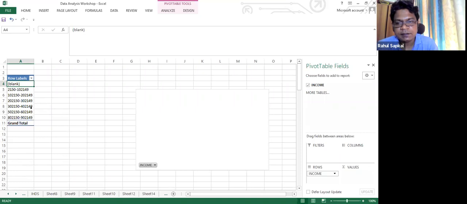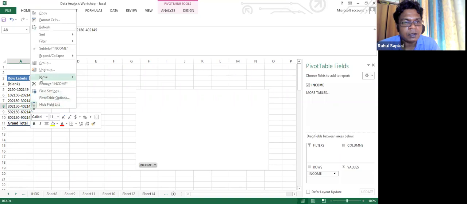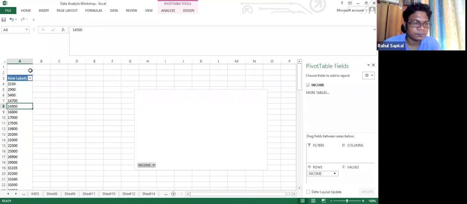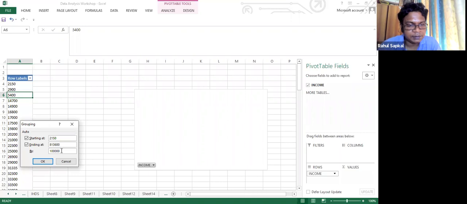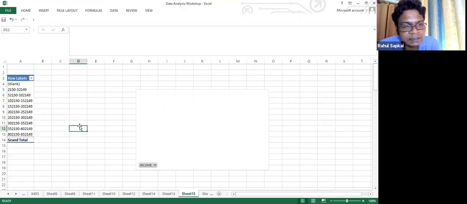Or if you are interested in a 50,000 class interval, I will go to ungroup them, then I'll put them in a group. I'm interested only in 50,000. This is the class interval which is emerging.